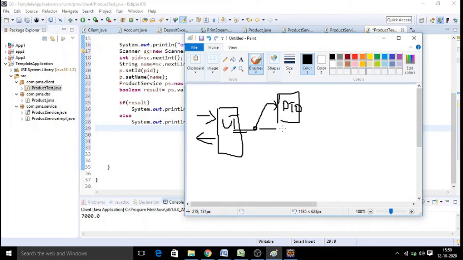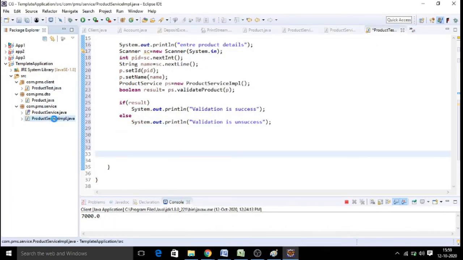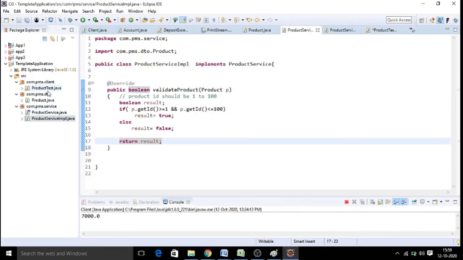Further, we will have services. Services means there can be n number of services in your application. Each service has some n number of functions. Each function will do some logic: it takes the input, does some logic and gives back the response. That is the purpose of a service class. That is what we are implementing here, a simple service called product service, but you're not supposed to call that